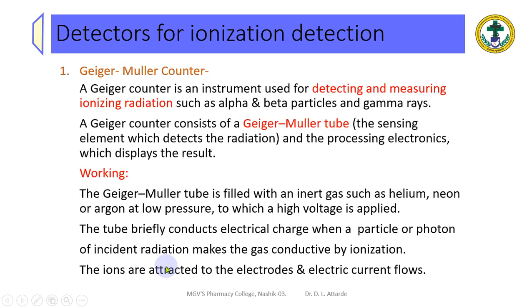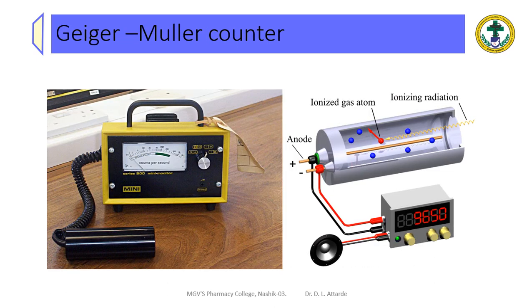Now, first we'll go with the Geiger-Müller counter. First I want to show you how the instrument looks. This is the instrument. Over here, this is a tube. The inside of this tube is shown over here. No need to draw this diagram. This is only for understanding the principle. I took this diagram for you. Now, when the compounds, which are your labeled metabolites and are emitting ionizing radiations, pass through this tube that has the gas.